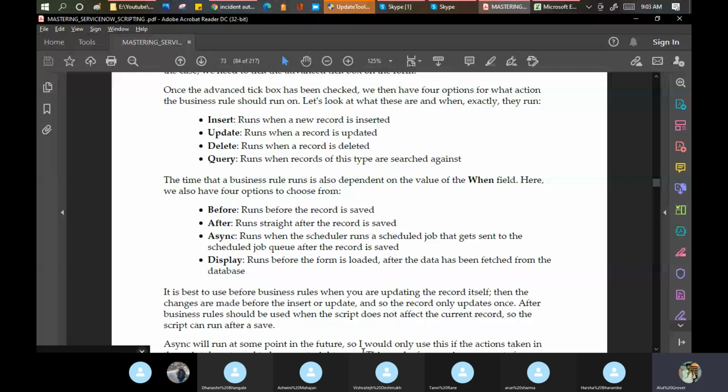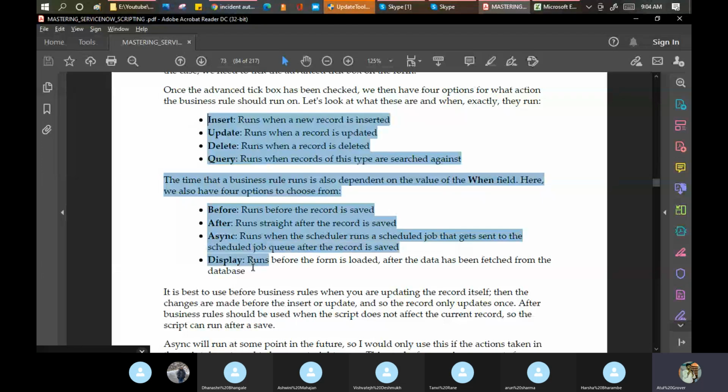Again, I'm not going into a deep dive because otherwise you will get a lot of confusion in the mind. The best thing I can give is this: these are the basics required for everyone to understand. From the interview perspective, remember these 8 points. And never ever say that business rules are client-side scripting. If you say this, you are fired. Business rules are only and only server-side scripts. Remember this. UI action can be both client and server, but business rules never.